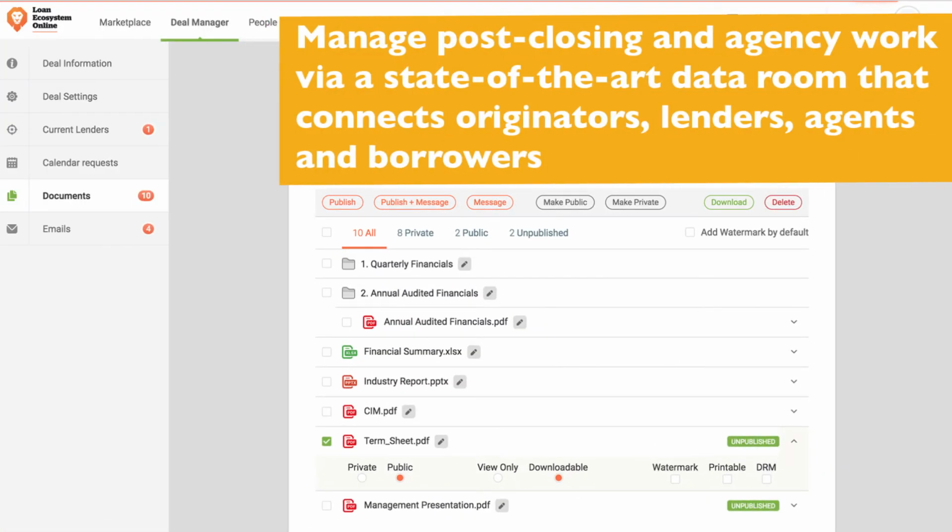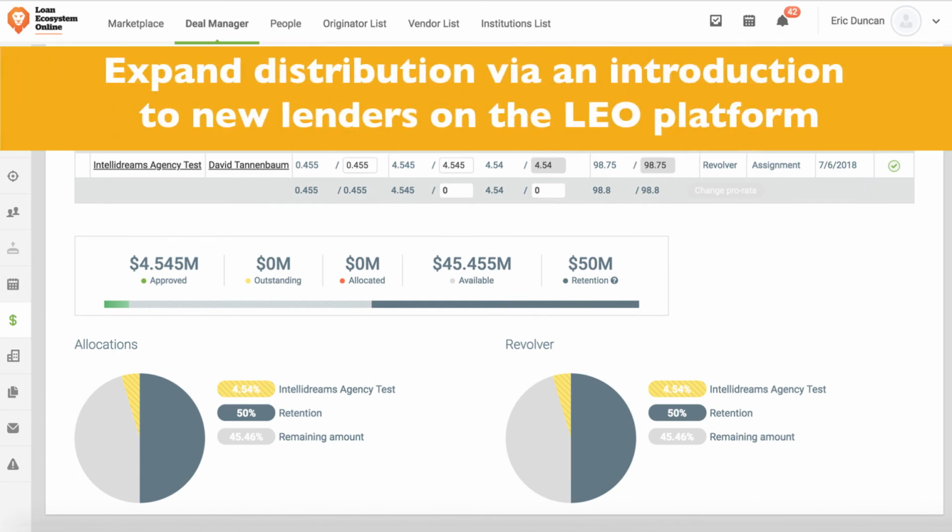Manage post-closing and agency work via a state-of-the-art data room that connects originators, lenders, agents, and borrowers. Expand distribution via an introduction to new lenders on the LEO